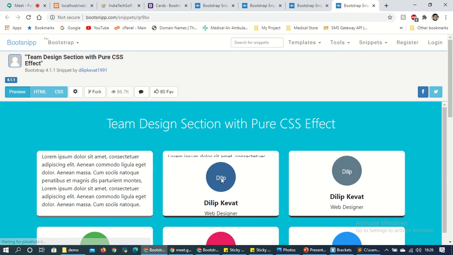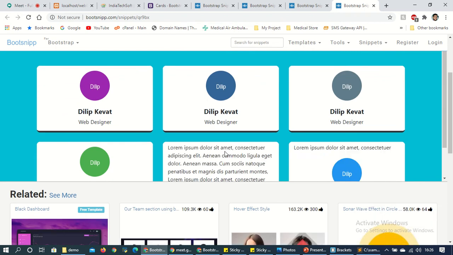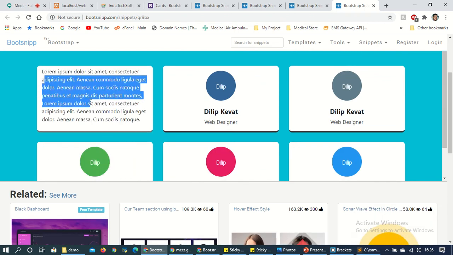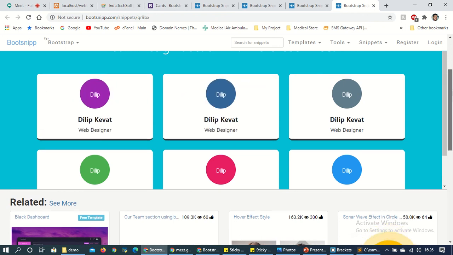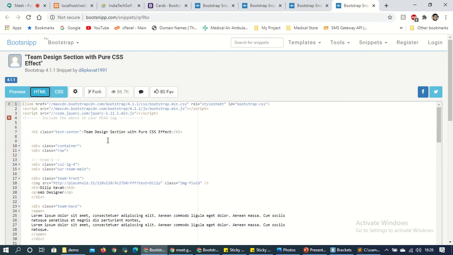Okay, getting this one. So you can create like this. About that, you can give the information here. So what I'll do, just go to the HTML.